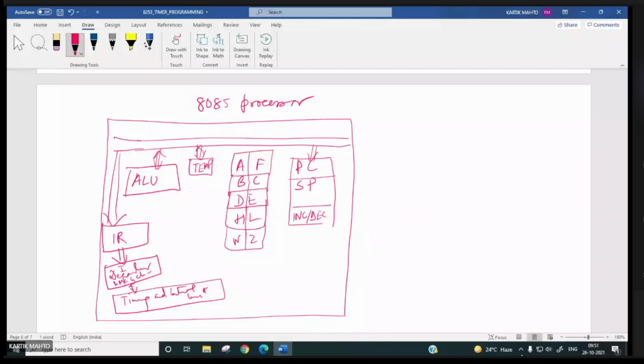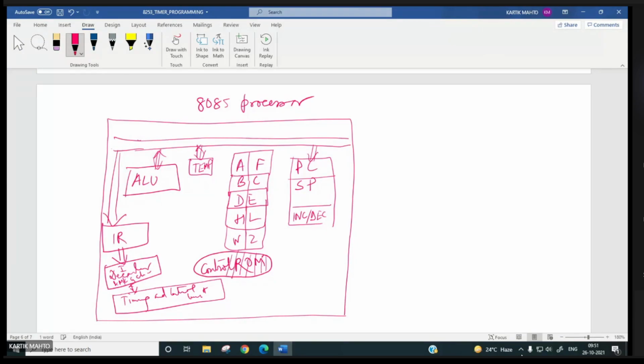Now, inside this processor we have a control room also. The control room is there, but it is not shown in the architecture of 8085 because it is not related to this. It is used for executing the commands, and micro instructions are stored in this control room.